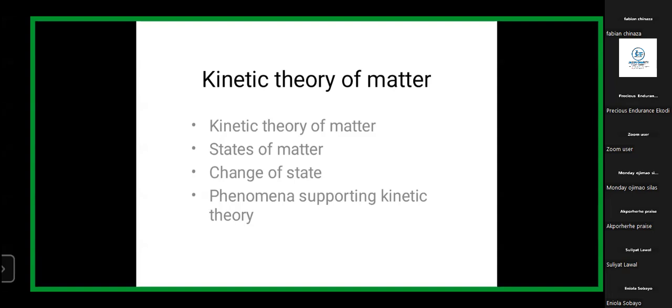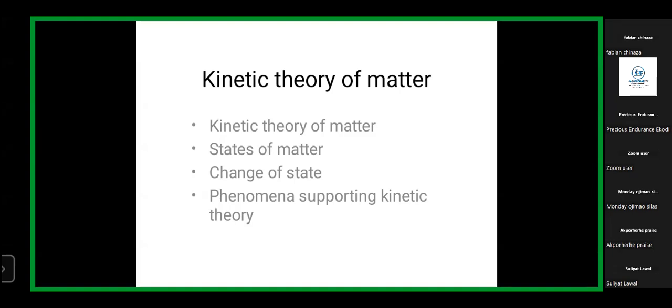Now, in physics, I don't know if you've been told that the value for gravity is 10 meters per second squared. Now, for you to get the weight of an object, you have to multiply the mass times gravity. For example, when you go to the hospital to check your weight, what you actually see is the force of gravity that is dragging you and keeping you on top of that scale.